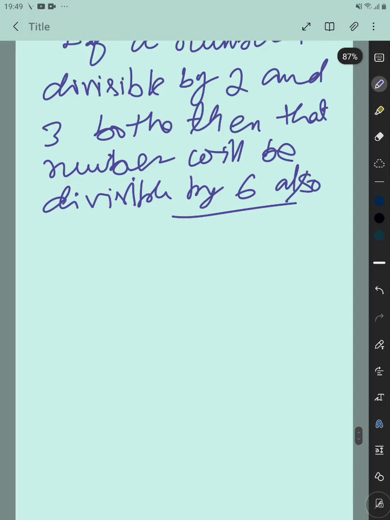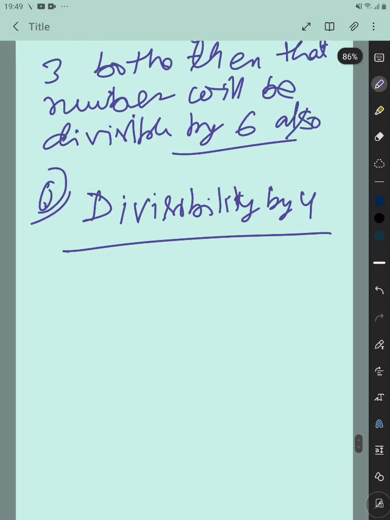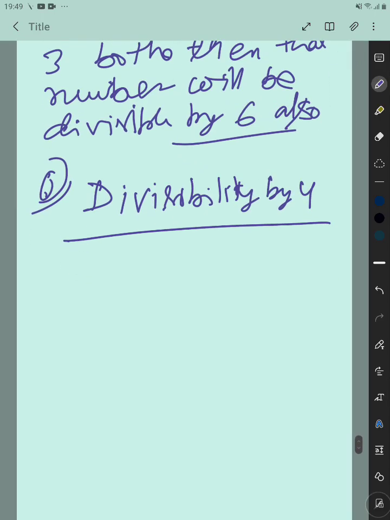Now we'll talk about divisibility by 4. For this, we'll show some examples, and then we'll talk about how a number is divisible by 4. First of all, we'll write multiples of 4. First we'll take smaller ones, like